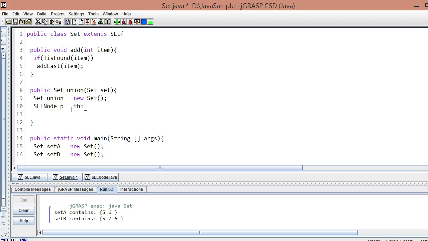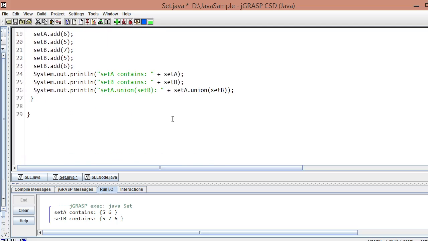So actually this is just the same with this dot head, no, or we can just omit this reference. So we will just write here P receives head. So this is pointing to the head of the calling object. Remember that set A is also a set, and set is the subclass of the SLL, meaning to say it has head, tail, and count, diba?